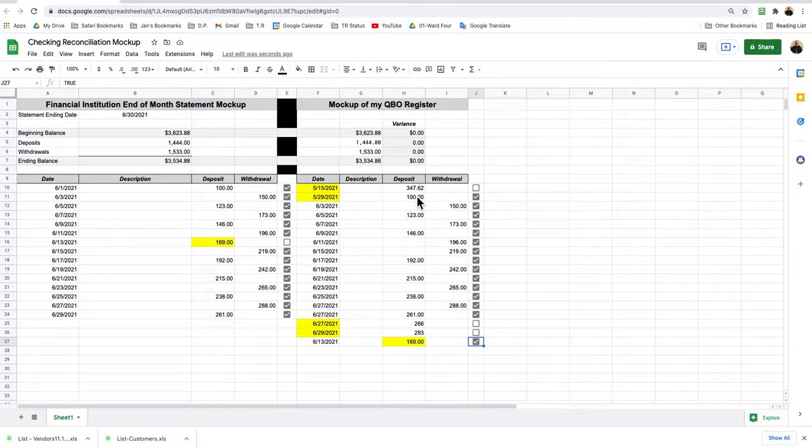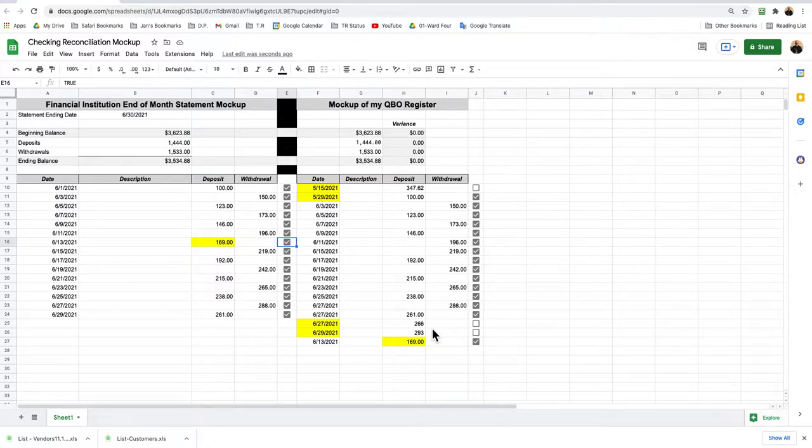This is important because now we're going to look at the activity. We've identified all the activity at the bank that the bank has, and we've compared it to ours and identified the fact that we also have the same activity. But you'll notice that there are some activities here that are not in the bank statement. And these are the things that we need to check next. One of these is I have two deposits which were made at the very end of the month. So I'm assuming that those are probably a timing difference in that either it didn't get recorded at the bank in time